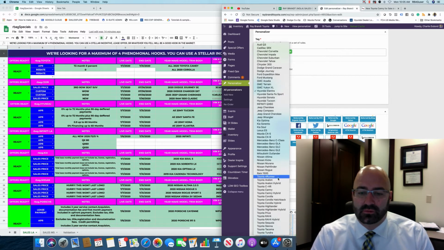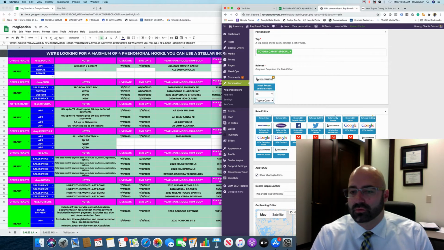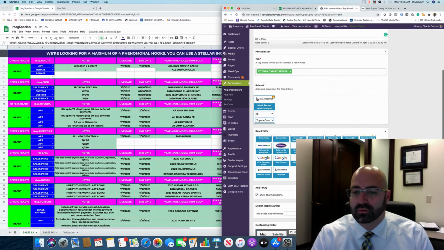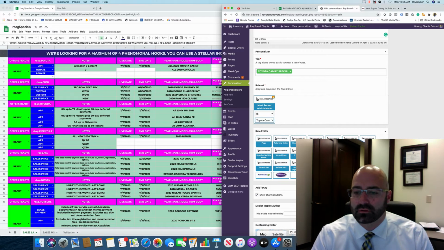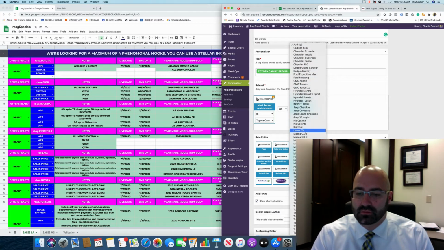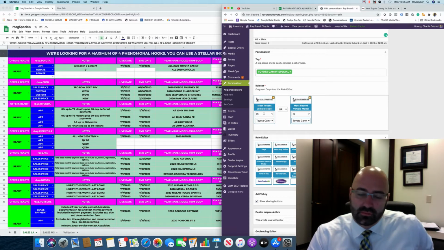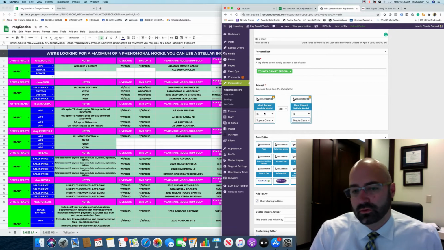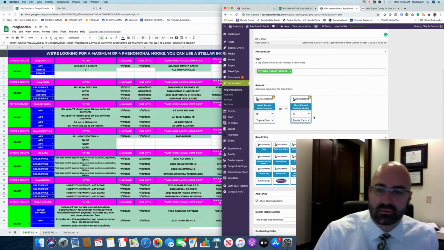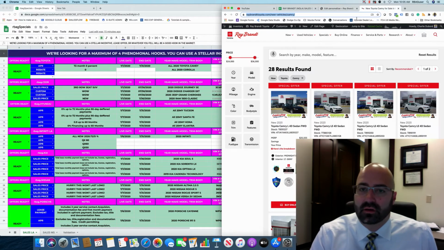So we want to go down to Toyota Camry. We also want to include the Toyota Camry hybrid, so we'll add another one of these. Most recent model is Toyota Camry hybrid. And now we've got both of those in there. So if a customer had their most recent vehicle as a Camry or Camry hybrid, then on the home page